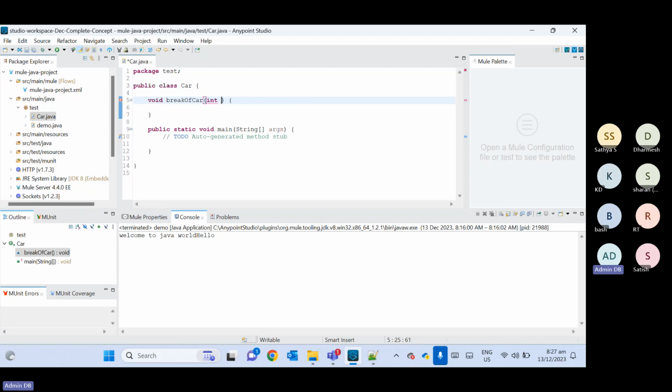So let's say in brake we are passing input, or let's say brake type. So we have front brake, we have rear brake. So what kind of brake are we going to apply? Okay. Then what will happen? Once we call this particular feature, something should happen. So here